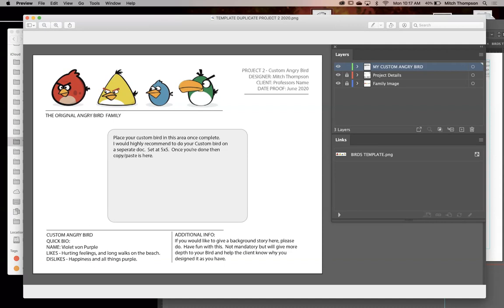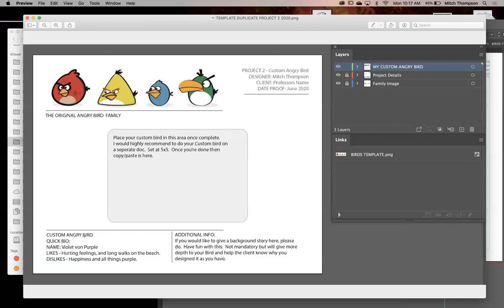So fill that in. See if you can give me a little synopsis on your little creature. Remember, everything we do has a point, and I want you to tell a story with it. That's branding 101. We want to tell a story with the things we do. Yes? Because the better we can tell the story, the better we can sell it, and the better we can make money at it. So additional info.